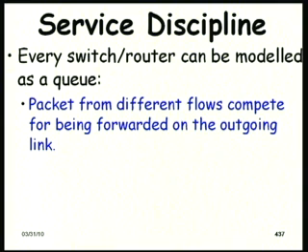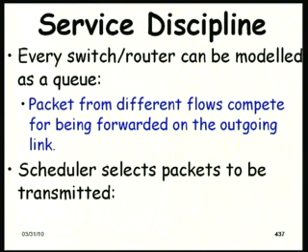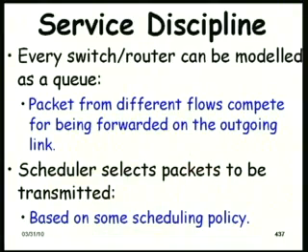In this queue, packets from various connections reside, typically on the outgoing link, and there is a scheduler. The service discipline includes a scheduler and this buffer. So, the buffer has the different packets from various connections, and then the scheduler selects a packet to be transmitted on the outgoing link based on the resource that has been reserved for that connection.